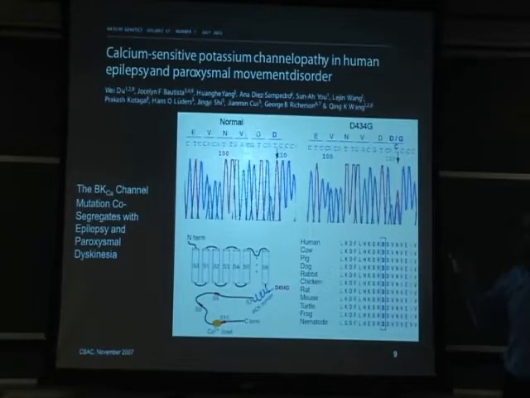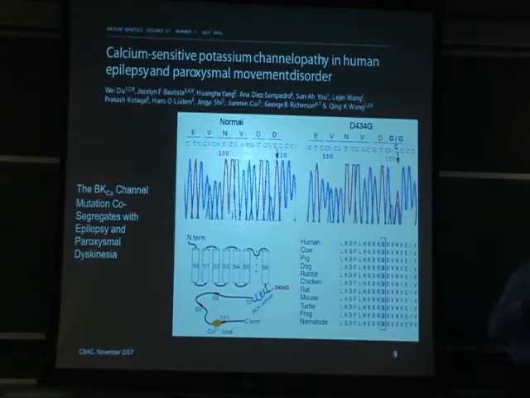Okay? It's a point mutation, basically a missense mutation, where a single aspartate gets turned into a glycine through a single codon swap. And in the human channel, this occurs at position D434. This puts it in the cytoplasmic domain, specifically in this first RCK domain. And you can see that in human, cow, as well as all these other species, this aspartate, in particular this whole region here, is highly conserved.